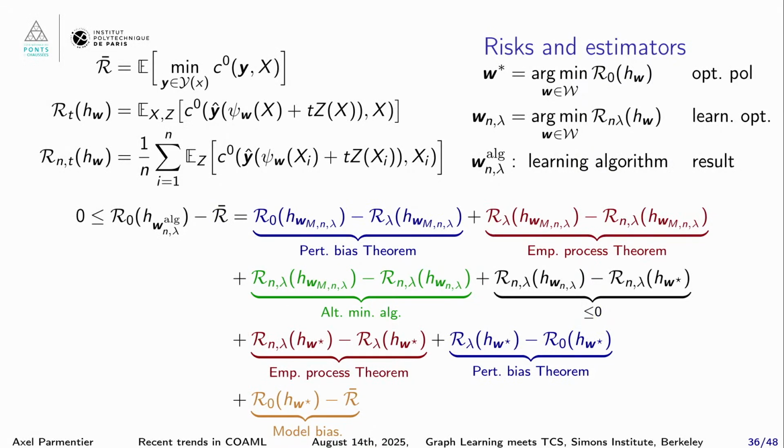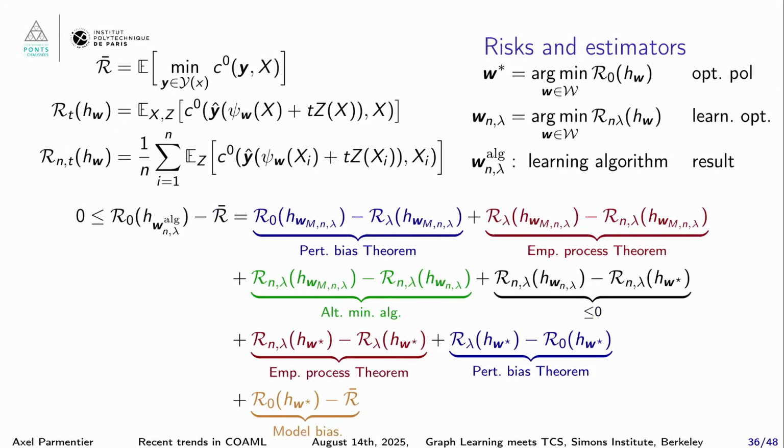The idea is if you choose a bad architecture for your GNN and a bad combinatorial optimization layer, you can have the best learning algorithm. This model bias means even the best policy encoded by your neural network is going to be poor. Then there is an error that comes from the regularization, an error that comes from the empirical process, basically the fact that you sample, and you can bound it using classic techniques. And an error that comes from the